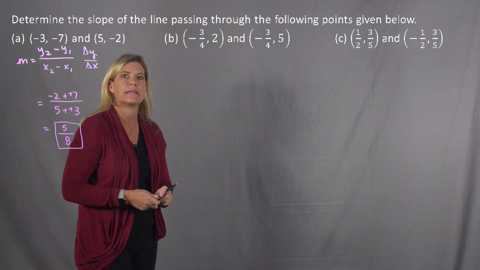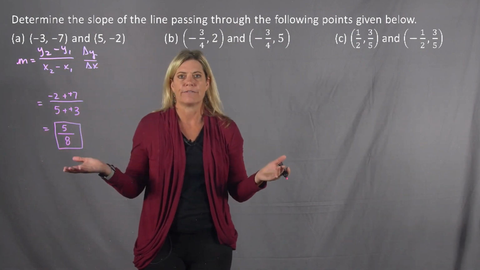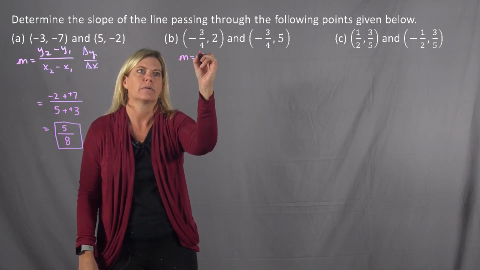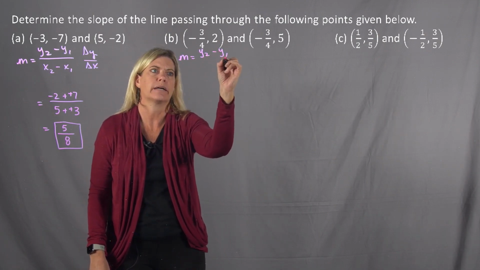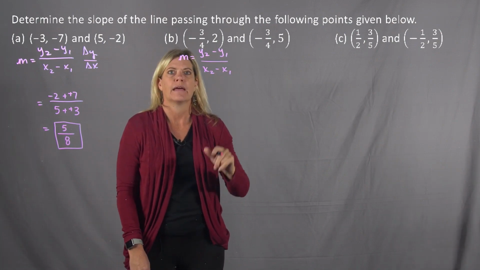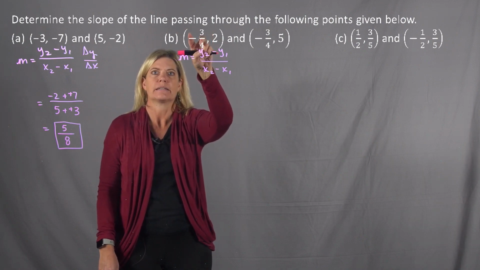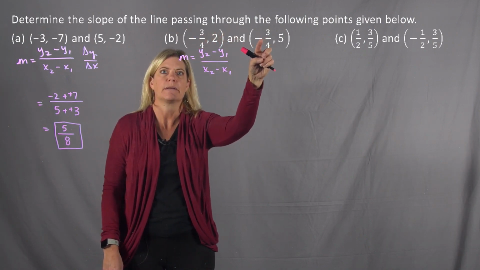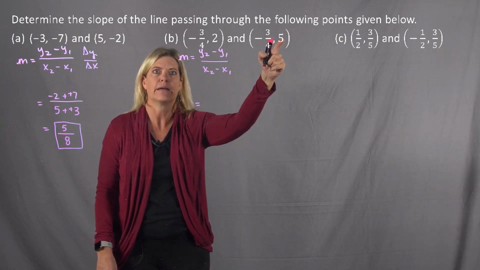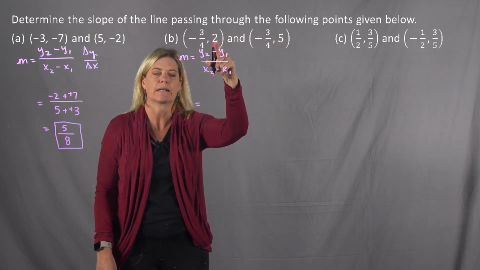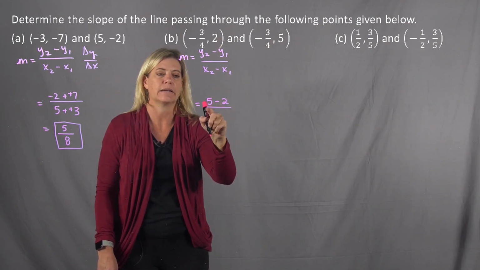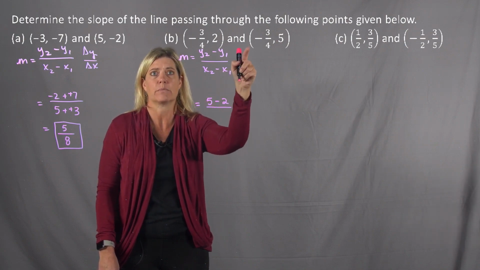Now let's look here at B. Same idea, we want to find the slope between 2 points. So we are going to use y2 minus y1 divided by x2 minus x1. And then we choose our points. So we can say this is x1, y1, and then this could be x2, y2. So in looking at this then, we can take the y-coordinate here, 5, subtract 2. So this would be 5 minus 2 divided by, now since I started with 5 as the y-coordinate here,